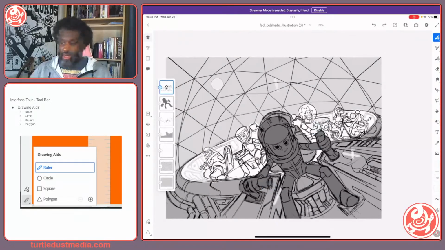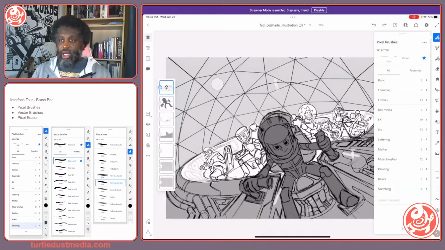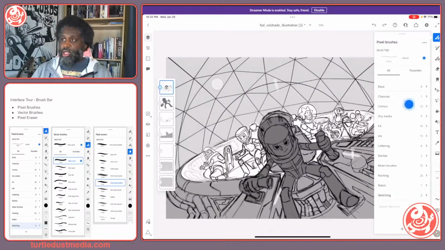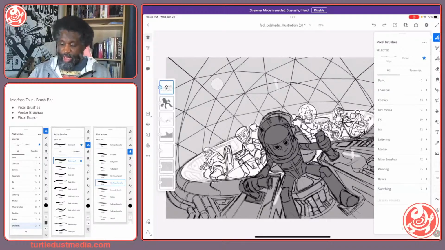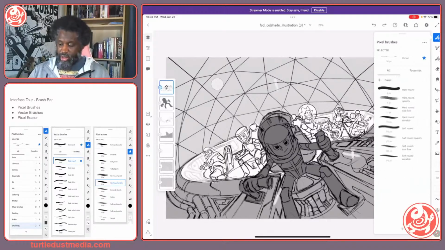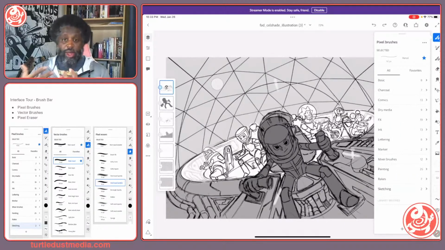All right, so that is our toolbar down to our drawing aids, and we're going to flip over to the other side of the screen where we're going to find our brush tools, right? And starting at the top, we're going to have our pixel brush. As you can see here on the screen, all of our brushes have a similar sort of layout. When you click and hold anything that has the little arrow next to it, you're going to get some additional features. There are quite a few vector brushes. You can choose the ones you want and the style you want. We are not going to be using any pixel brushes for this tutorial. We're mostly going to be focusing on illustrating with the vector brush